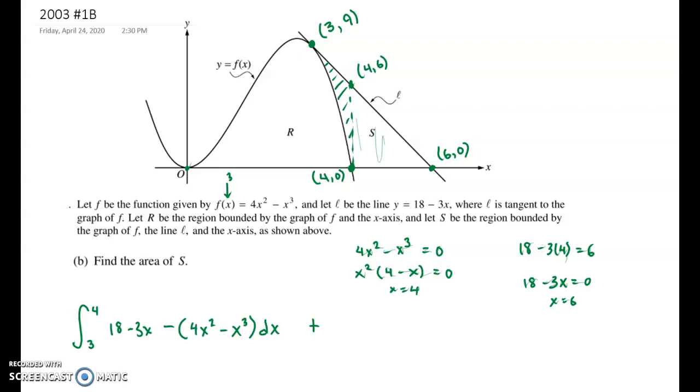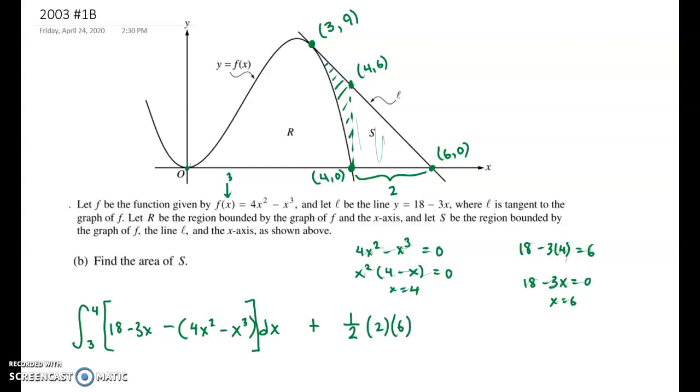So the area of that triangle would be 1/2 base times height. The base would be 2, and the height would be 6. So 1/2 times 2 times 6 would be that area. This is not the only way to find the area of S, but this way would work. So here's one method. The other way I saw to find the area of S, and I'll do this in a different pen,